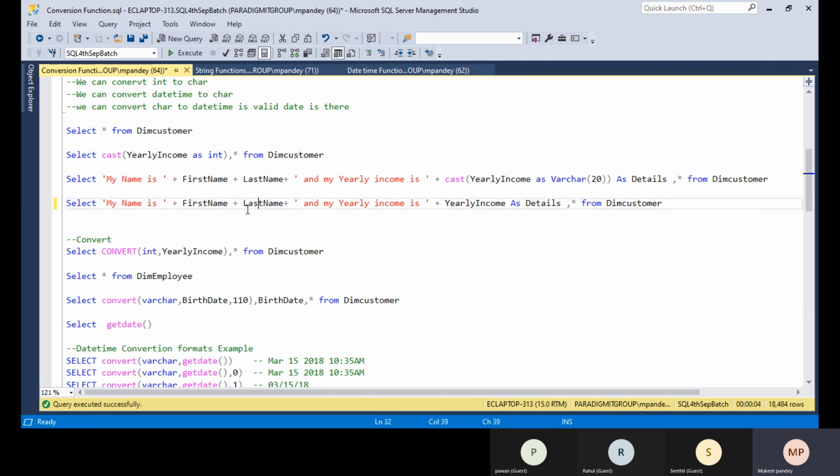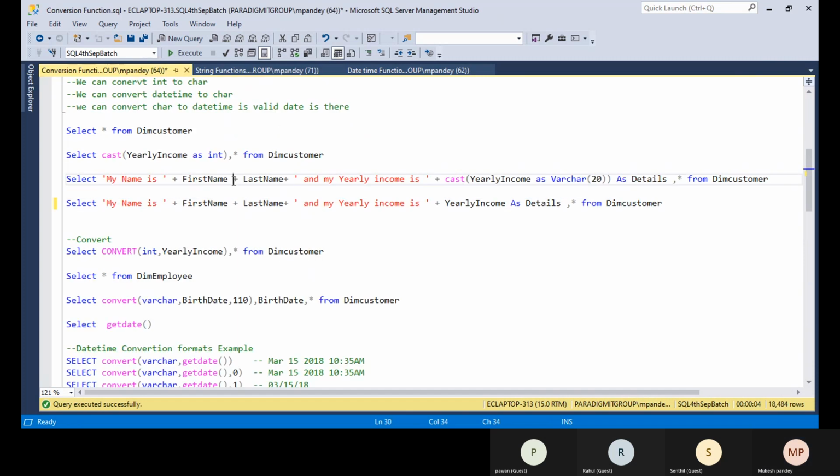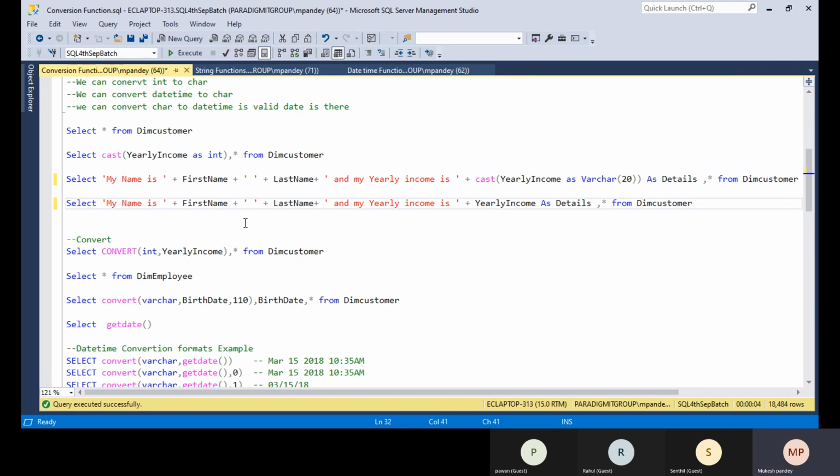Between them you can put a space. Here the first name and last name are character data types.